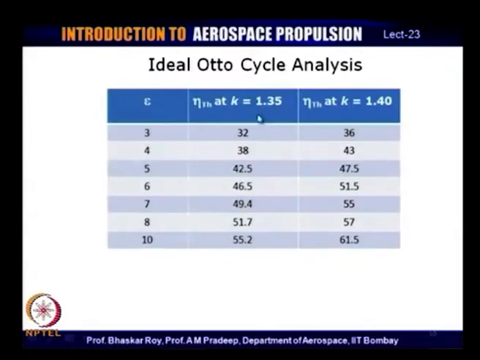1.35 is what is quite often used for hot gases, or when the fuel has been burned. That is a kind of value used. 1.4, as you might know already, is normally used for simple air. So, if you use those specific heat ratios, you get various values of efficiencies, and as you can see here,